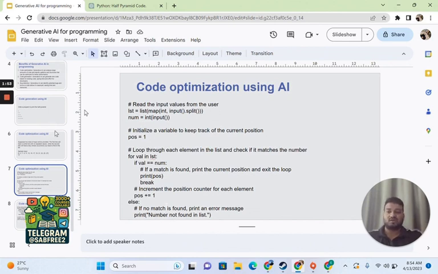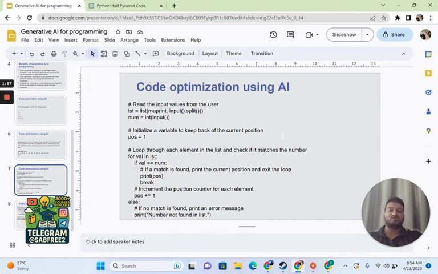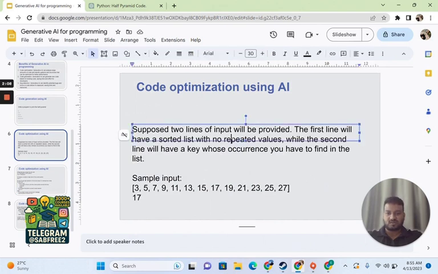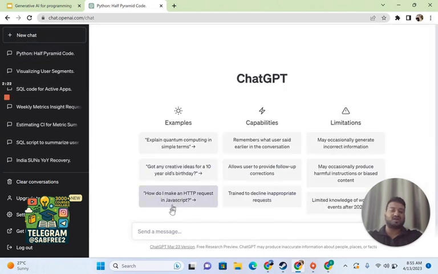So let's see. We are going to now use ChatGPT. We will provide all the inputs we have written, and then check with it: can you tell me how my code is? How can I make it better? Let's learn this step by step. First step, I'm just going to copy paste this problem. And one thing is, if you want to retain your responses, you can do a new chat here.